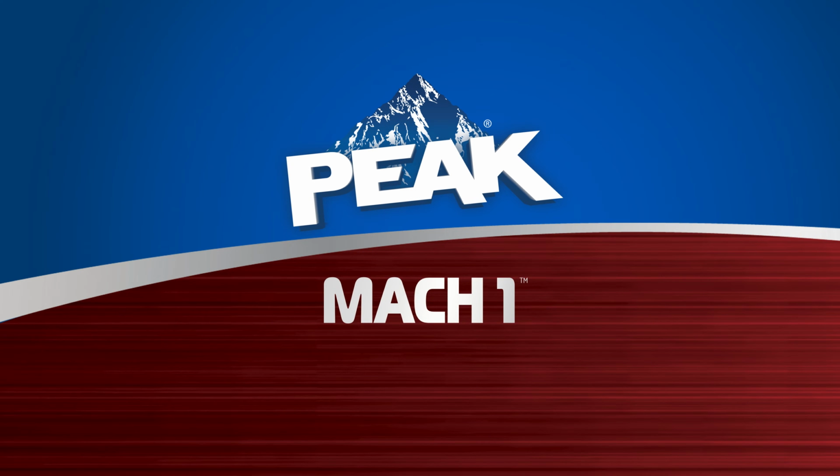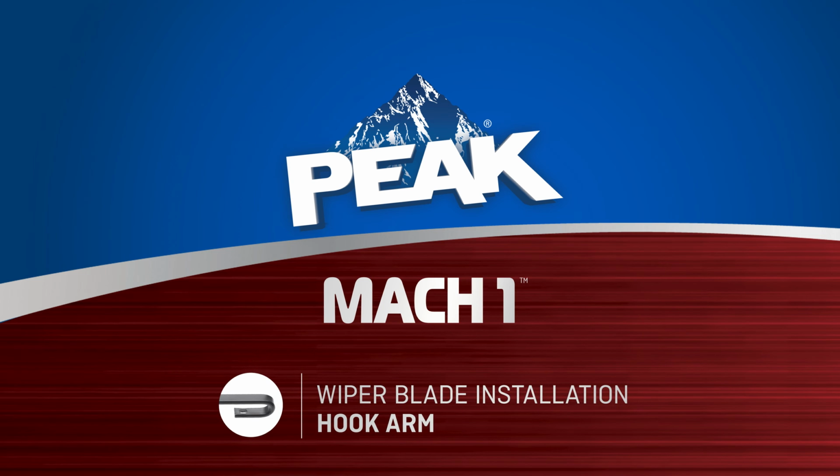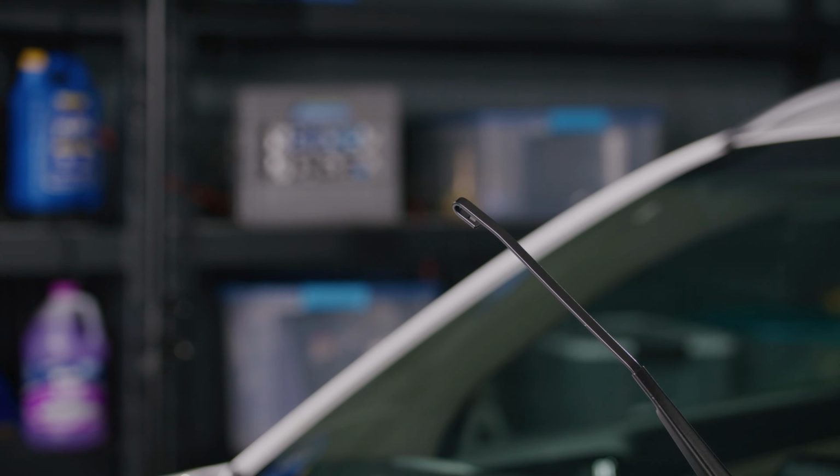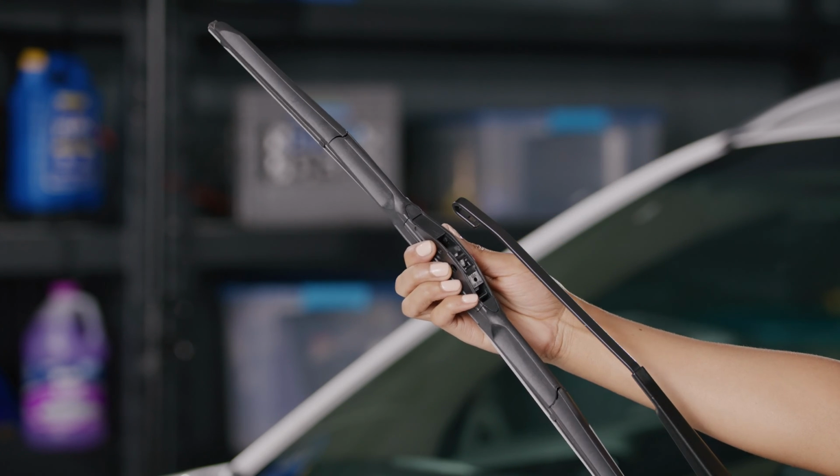PEAK MACH1 hybrid wiper blades are an excellent addition to any vehicle. This brief video will take you step by step through their installation on vehicles with hook wiper arms. Hook wiper arms are among the easiest to install because you won't need any of the additional adapters, just the